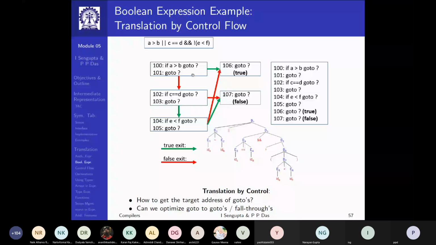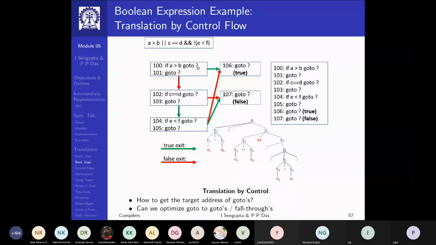So how do I manage it at the translation time? So I do a simple trick. What I do is, for every such Boolean expression, I maintain two lists. One list is called a true list, which is all those quads whose exit will take me to a true point, but is currently not known.